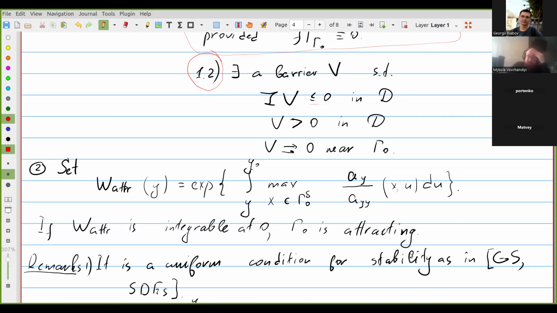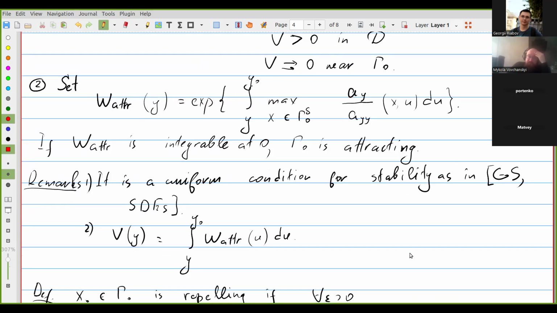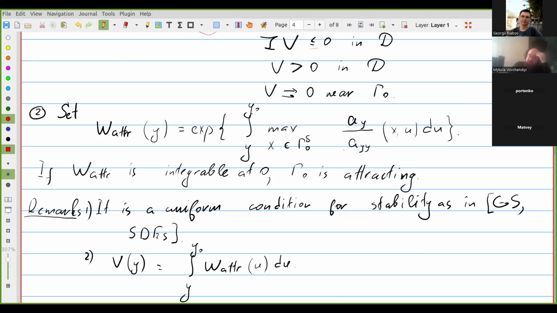And the most interesting part is that this barrier can be constructed in terms of the original coefficients by effectively taking a standard criterion for stability, for instance, the one used in the book of Gikhman and Skorokhod, though obviously at the time this paper was published, such a book didn't exist. It was known to the author from the literature, probably.